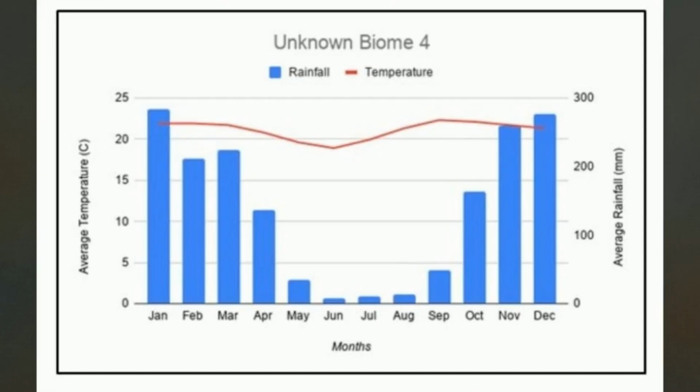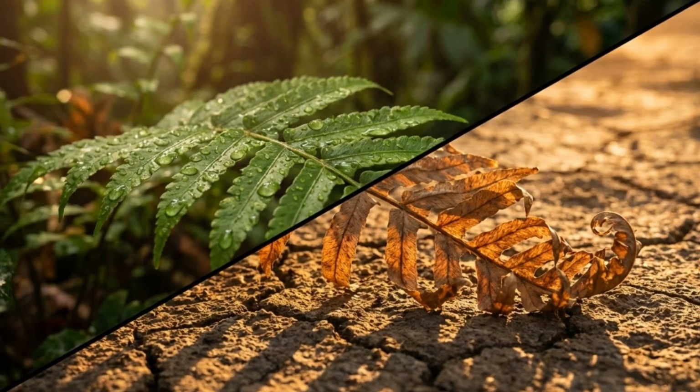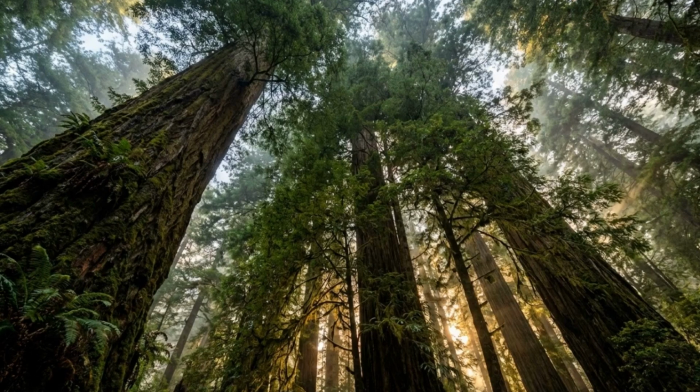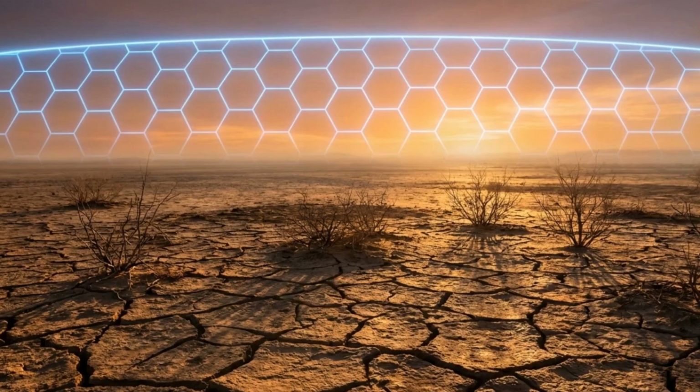The baseline axes map average temperature and rainfall. By reading the intersection of these two datasets, we identify the exact ecosystem. High temperatures and sharp wet-dry contrasts point to a tropical savanna. This precise intersection of heat and moisture sets strict biological limits. It determines whether a landscape can support a dense canopy of towering trees or if it will only yield sparse,